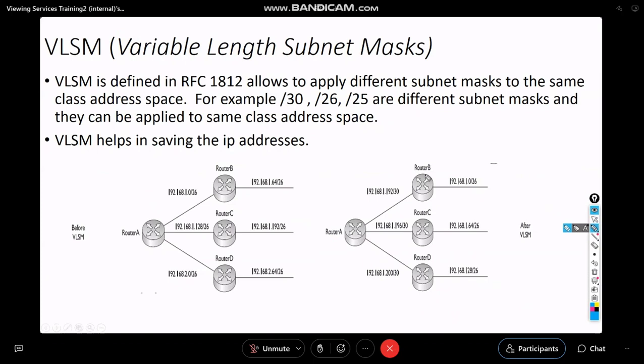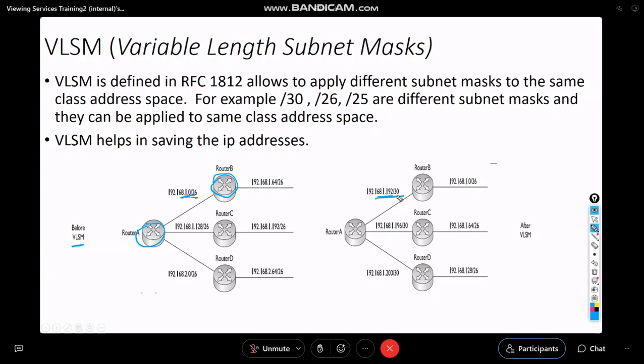It means between two routers, if you only need two IP addresses, why would you allocate a /26 subnet? Because a /26 subnet would have more IP addresses which would be wasted. So with the support of VLSM, which was introduced later on, you configured only /30